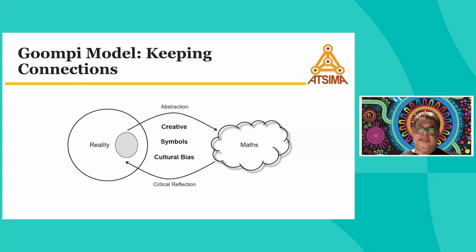But really what this model is about is positioning maths as a cultural expression. So just like the iceberg, all knowledge is informed by who we are and the culture of the people that have created it. And one of the beautiful things about mathematics is that it's actually been created by many cultures around the world, to the point where I don't think we really realize it. I think the maths we get through our classroom has been the English version of it, so it doesn't necessarily acknowledge the rich history that a lot of maths comes from.